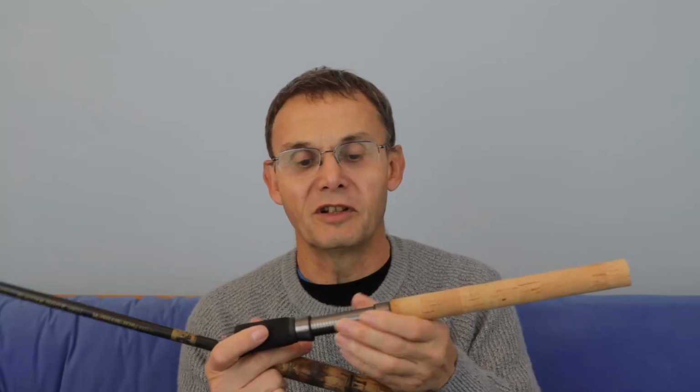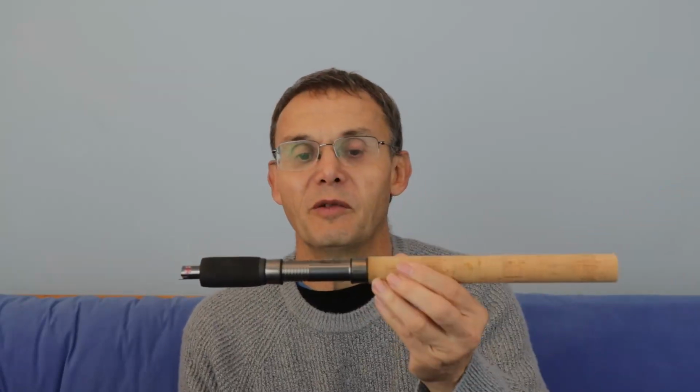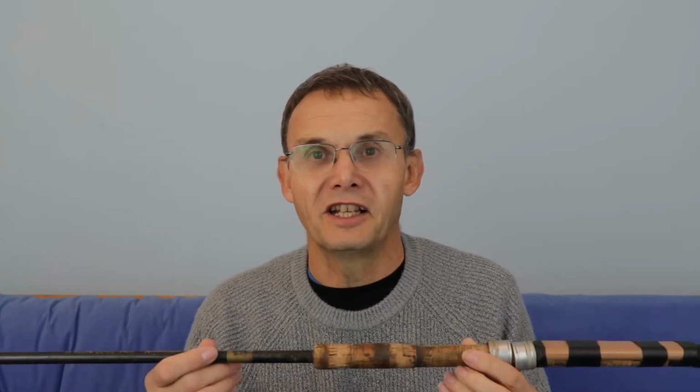If that comes off and the thread is suitable, I do have an alternative. This is off a MIDI rod that I've been playing with. It was a smashed up rod, and that has probably got a different size thread to the other one. That's a 16mm one. This may well be a 17 or an 18, although it's not. I know it says it's a 16, so it may well fit as well. Whether I can get this bit in a usable state, I don't know. Possibly I can with some cork. So I've got a couple of options there,